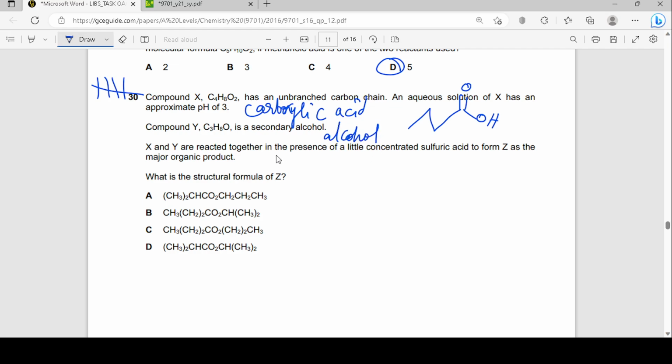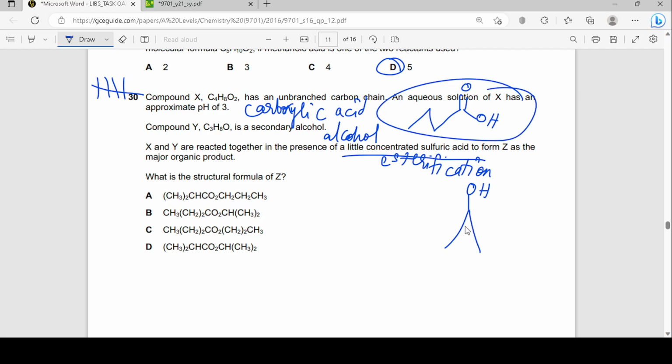And there, even if you read the next part, X and Y are together in the presence of a little concentrated sulfuric acid. So definitely they're carrying out esterification, right? Because it's using sulfuric acid as a catalyst, a little amount, and to form Z as the major organic product. Okay, so we have that, and Y has three carbon atoms, and the only secondary alcohol you can form from that is propan-2-ol, right? So this is one compound, and this is the other compound, and now I have to find out what is